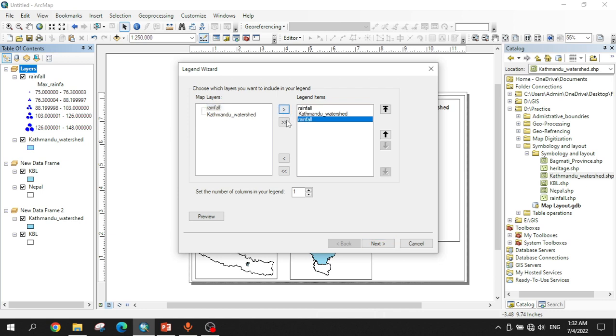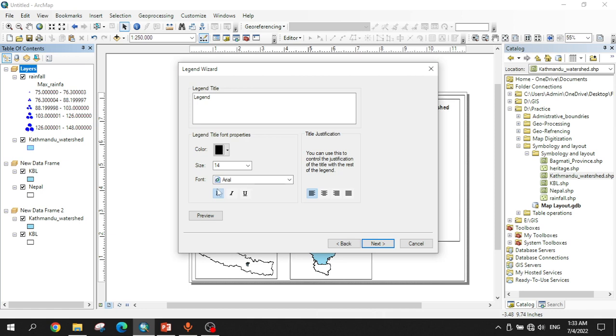You have to click here simply, it has been already, so I don't need to import the data of rainfall and the Kathmandu watershed. So after doing this, you can set the number of columns from here, but in this video I'm just going to set the number of columns to 1, so let it be, then next, and from the next you can,